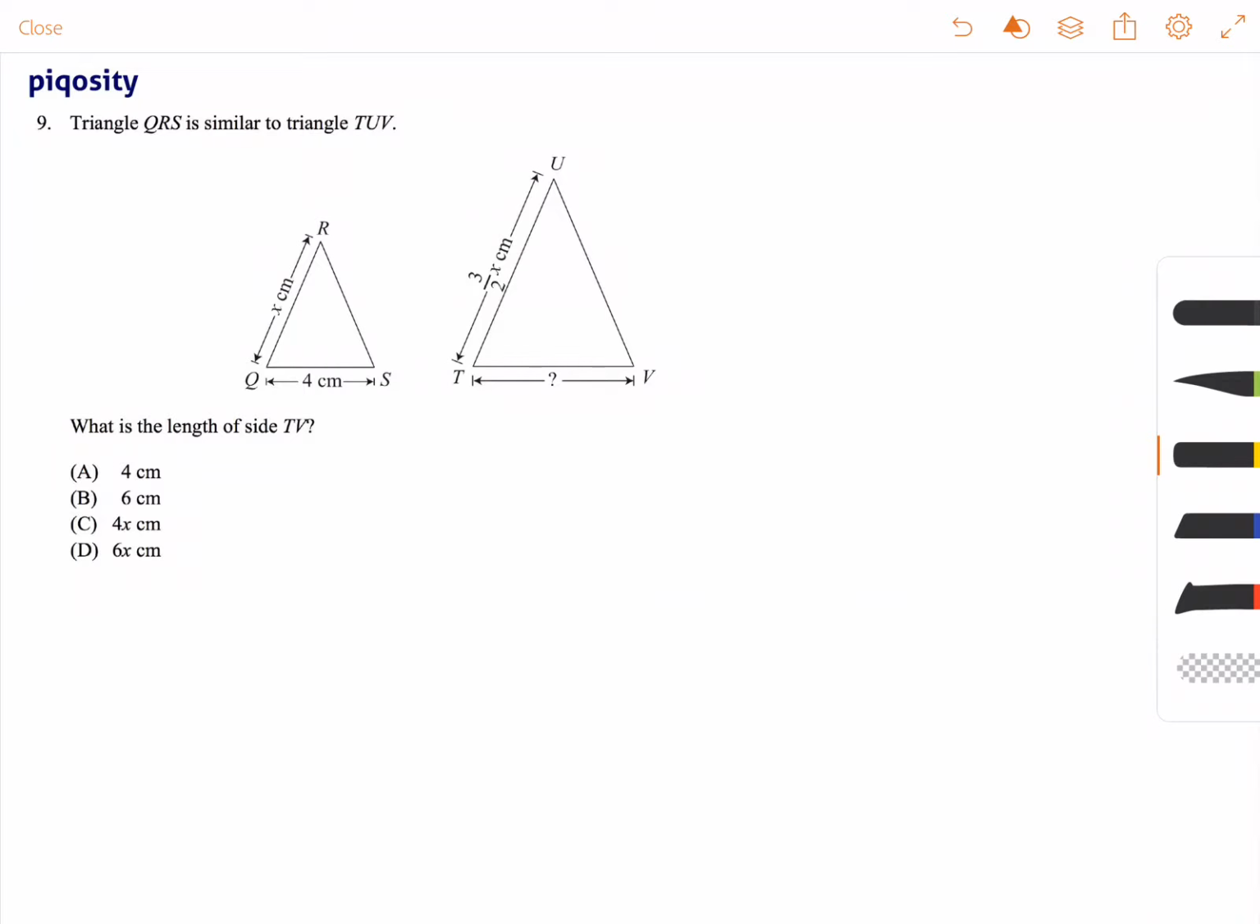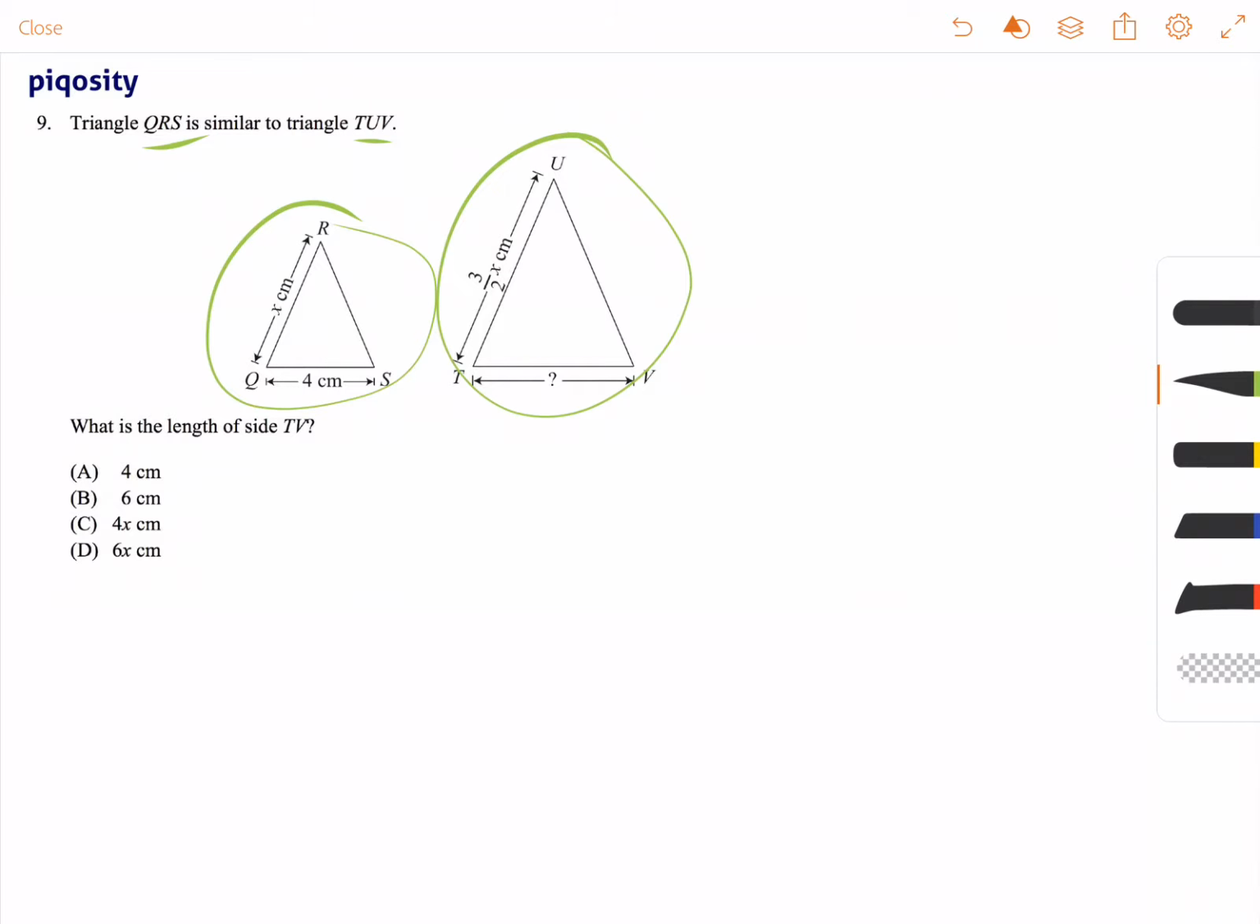This is Stephen, and this question is dealing with the concept of similarities between triangles. Similar meaning that this triangle here, the left-hand triangle, or QRS, is proportional to this triangle here. This means that the measurements on the sides aren't going to be the same, but there's a ratio between them